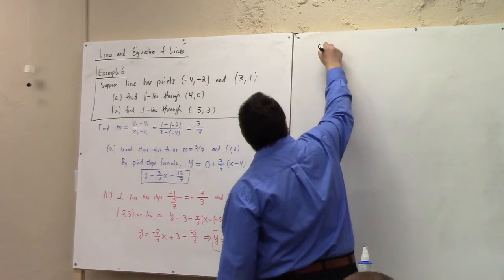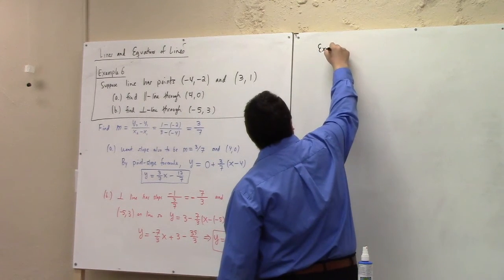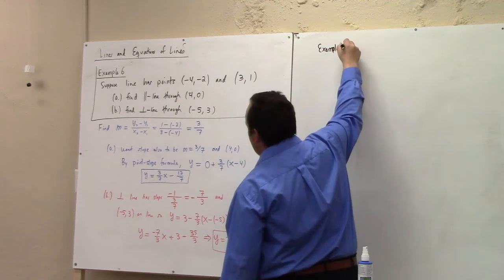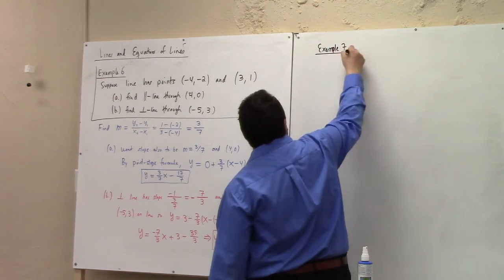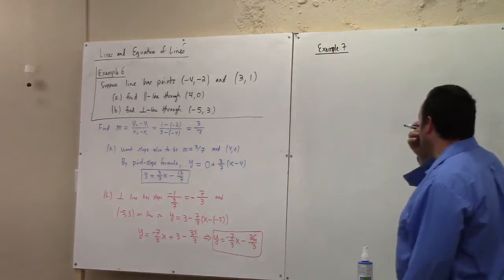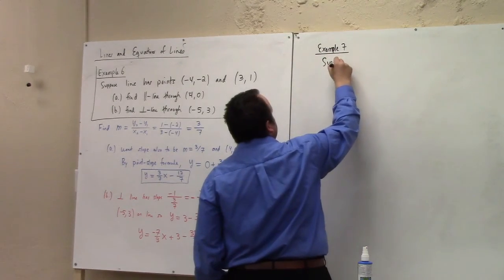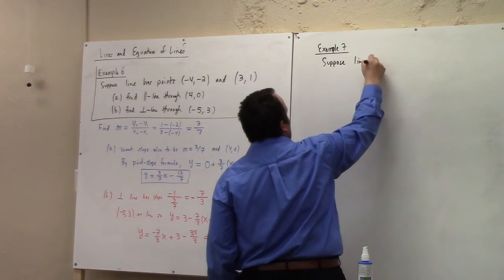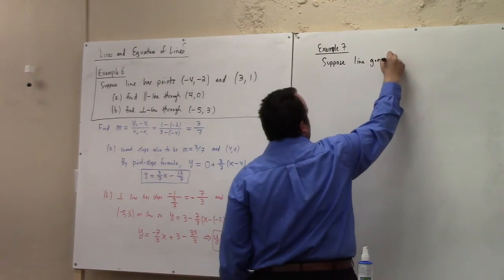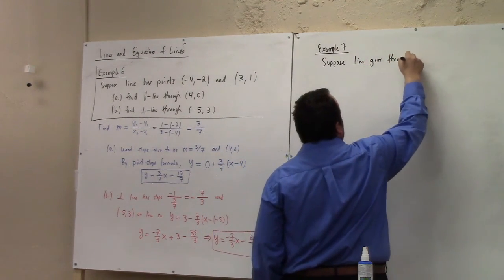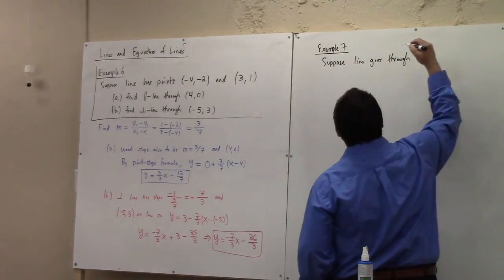Your example 7. Somehow I'm married. Let's see your example 7. Okay, so let's find, suppose a line goes through, yeah, I mean, you don't take my advice. Let's see here, goes through